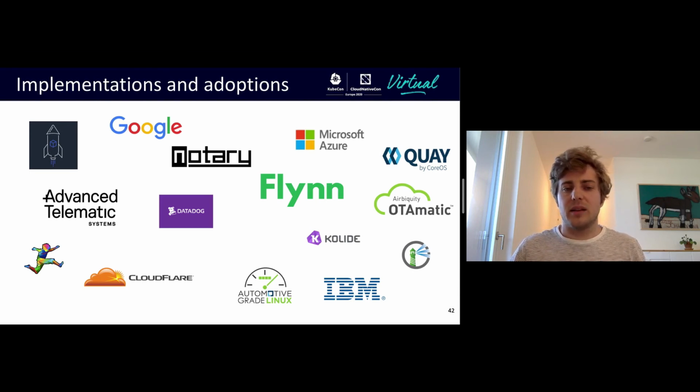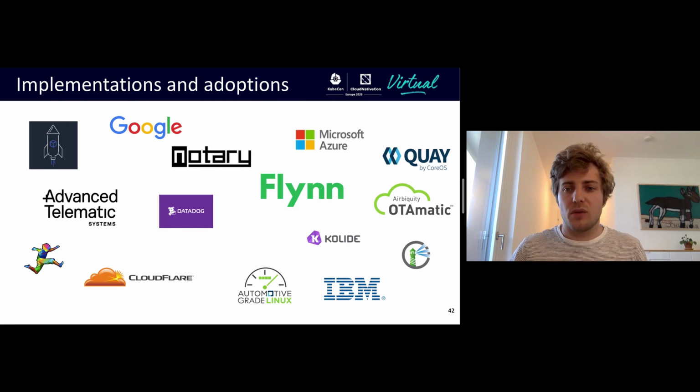There is an implementation in Rust. There is an implementation in Go. I think there's also one in OCaml. And they are used by various organizations to secure their updates. AWS, for instance, just released their Bottle Rocket OS earlier this year, which is based on TUF. Google Fuchsia also uses TUF concepts under the hood. Then there is Notary that's protecting container images, and Notary v2 is currently being designed.